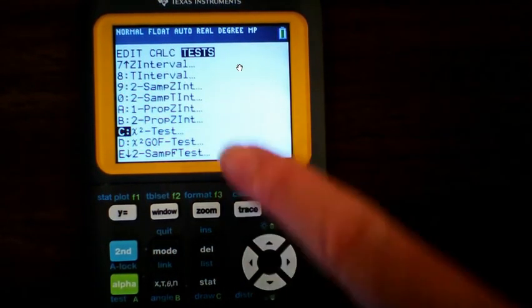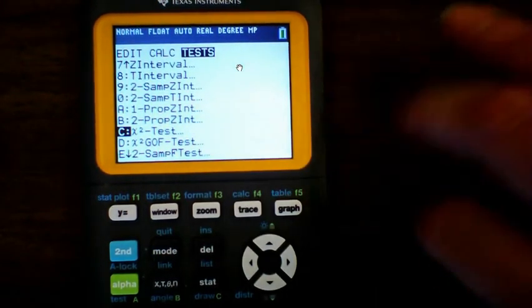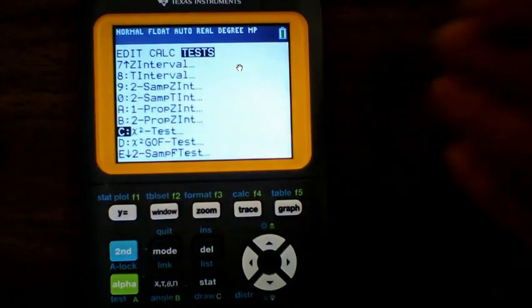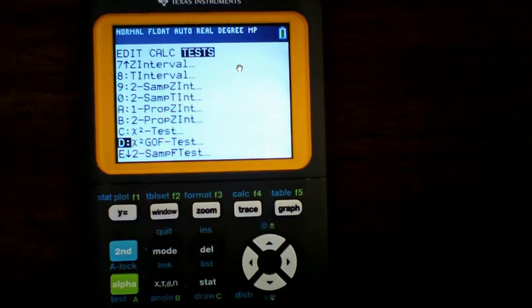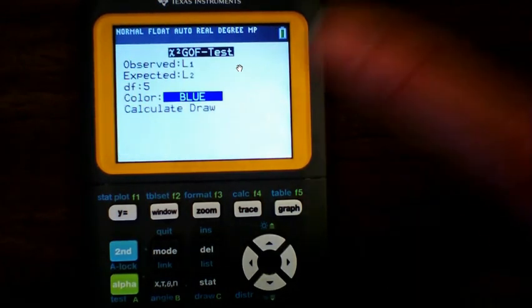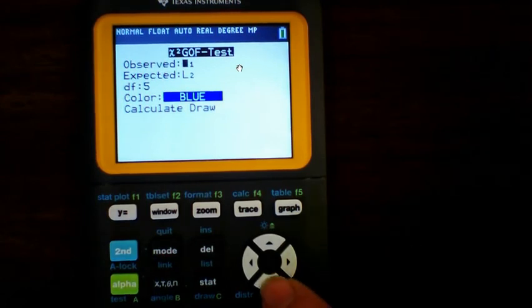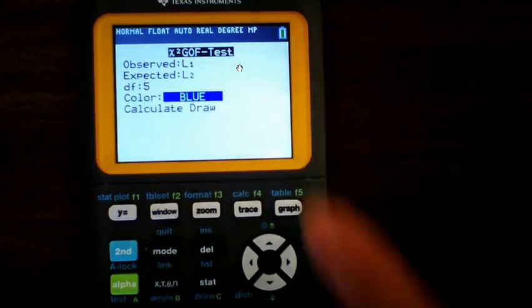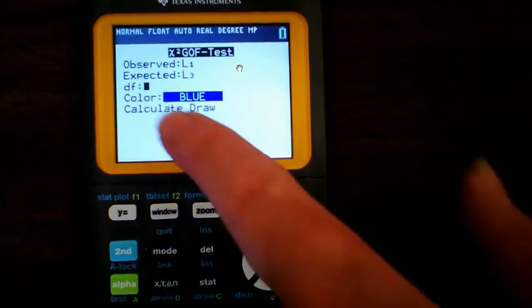there are 2 chi-squared tests. The first one, chi-squared test, is going to be your homogeneity and your independence, which we're doing in 11.2. Chi-squared goodness of fit would be great to know for the AP Bio test and my test. Okay, so I've got my observed counts. Now, my expected were not in L2, they're actually in L3, so I do need to fix that. I have degrees of freedom of 5,